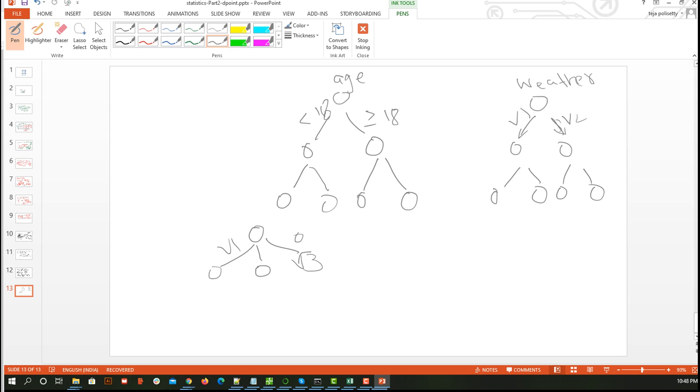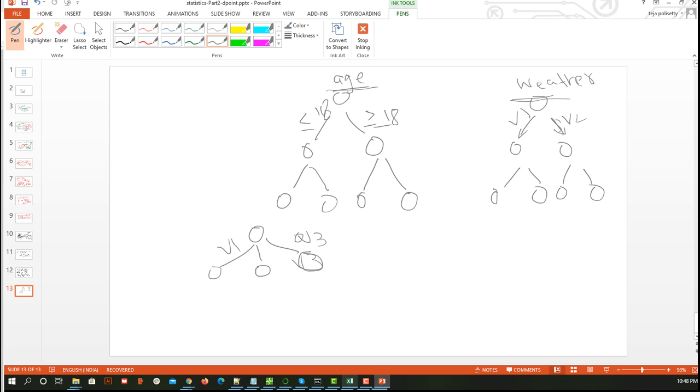So based on whether it is a categorical or a continuous value, we can take the decision of splitting in this manner. That was all about nodes and about how we can use the decision tree for a continuous value or for a categorical value. Next, we are going to take this in an example.